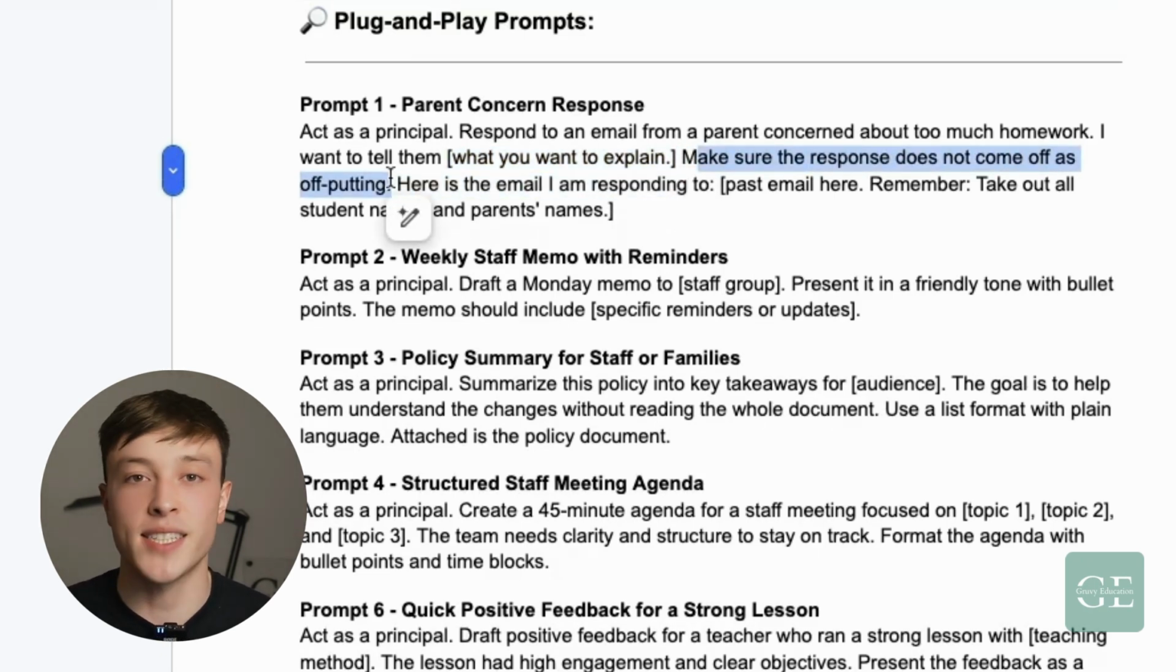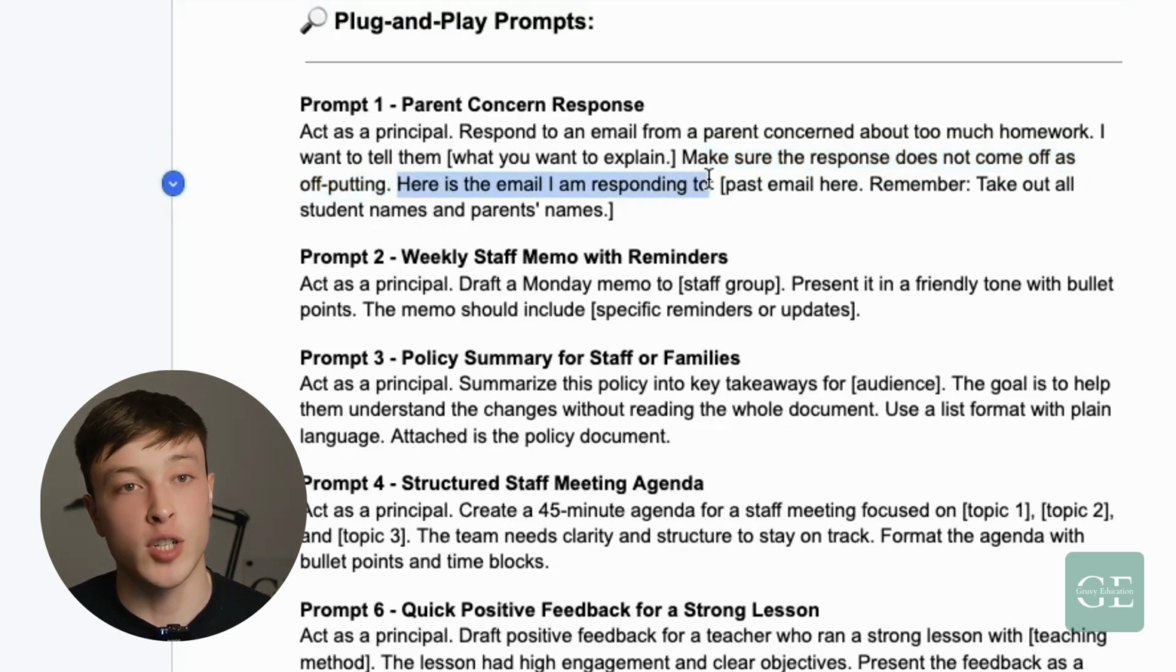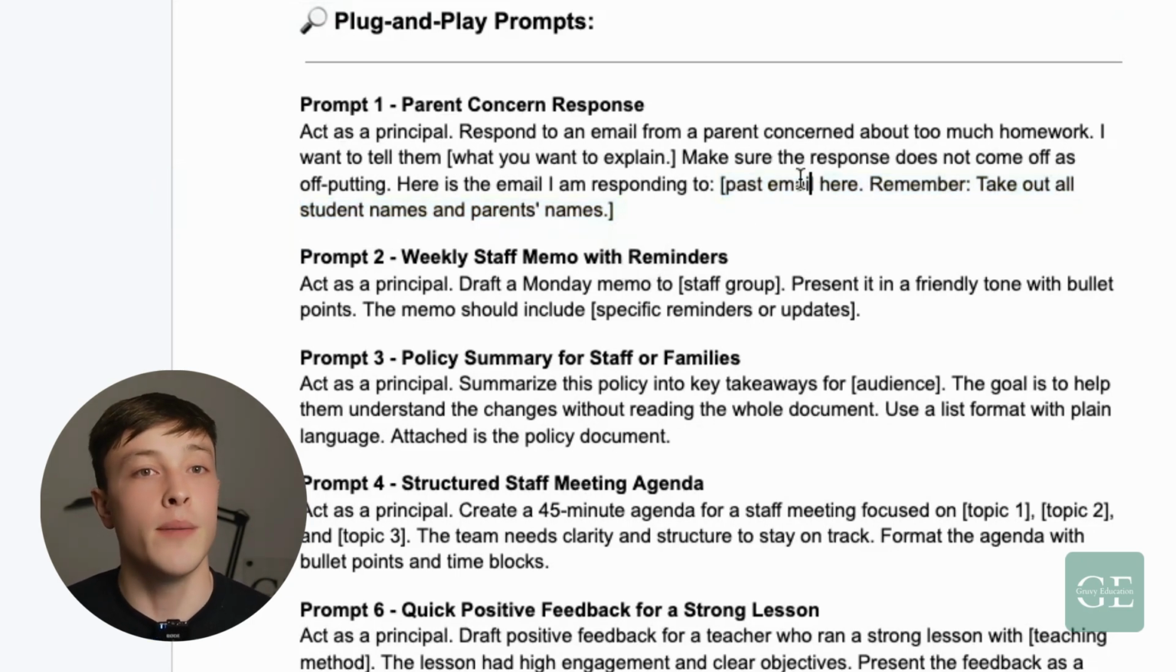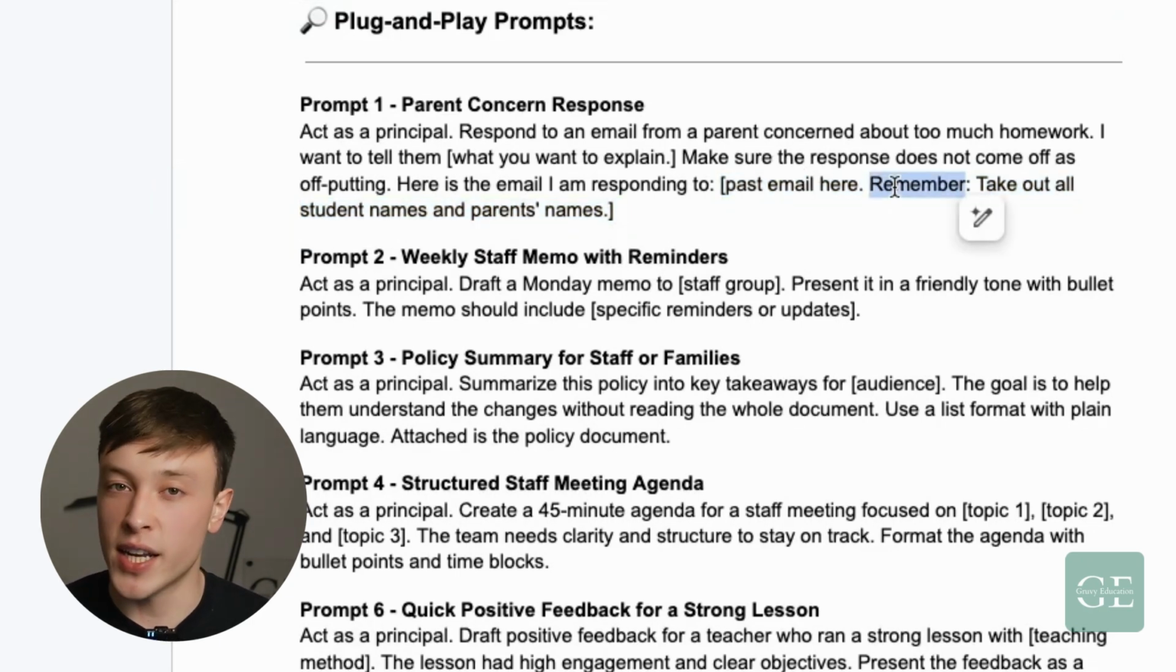There's the format, telling ChatGPT how we want the output to sound. Here's the email I'm responding to, and then we can paste that email in. This is giving ChatGPT the context. But of course, remember, never send any student names or student identifiers into ChatGPT, or parent names or parent identifiers